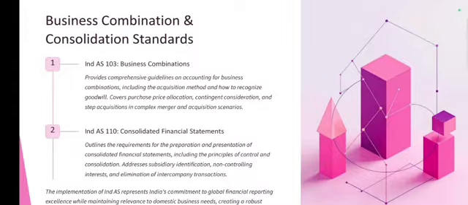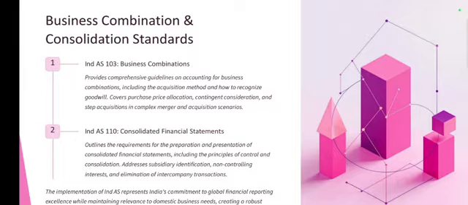It covers purchase price allocation, contingent consideration, and step acquisition in complex merger and acquisition scenarios. Basically, Ind AS 103 deals with the business combination and goodwill on acquisition, merging, and amalgamation related